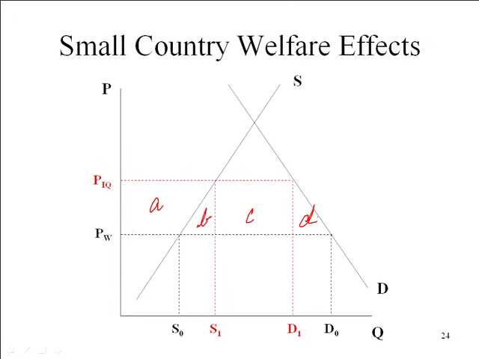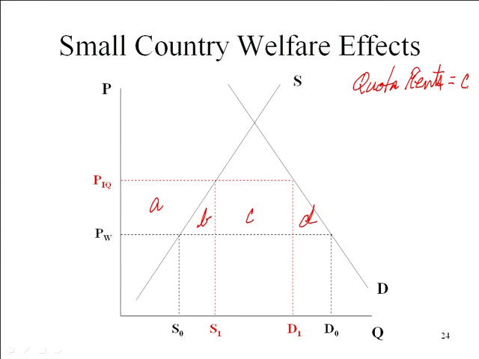Now, earlier we had tariff revenue. Now we have quota rents. So we have to be careful about what those quota rents are and who gets them. We have to remember quota rents are earned by the license holders. They get to buy the product at the world price and sell it in the domestic economy at PIQ, but only the volume of imports that we actually have. So the quota rents will be given by Area C. Notice that that was also the same as the tariff revenue that we had in our tariff small country case